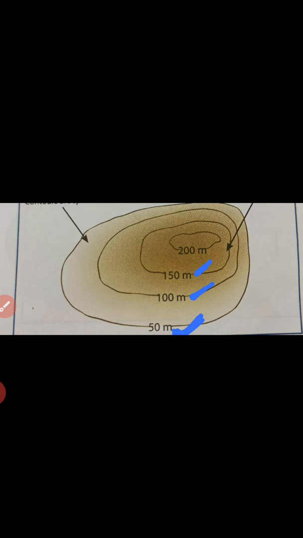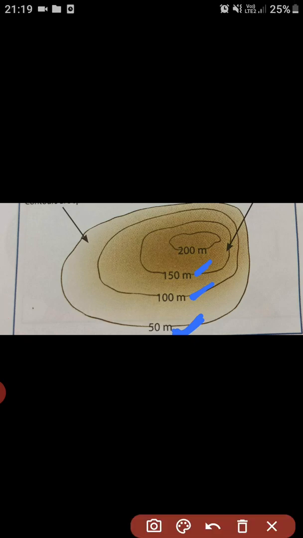Let me clear this thing, that elevation is the height of any place and it is always measured above the sea level. So whatever you are looking at here, different heights are there, they are above the sea level. The numbers on the contour lines, as I have told you, are the different heights, like 50 meters, then 100 meters, 150 meters, 200 meters. These are the different heights above the sea level.